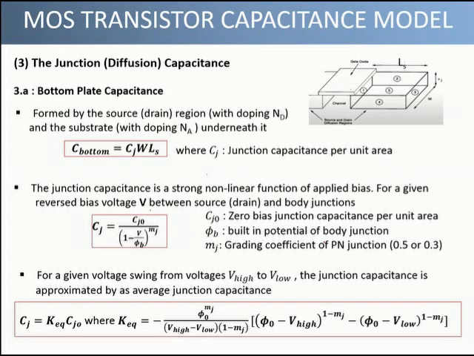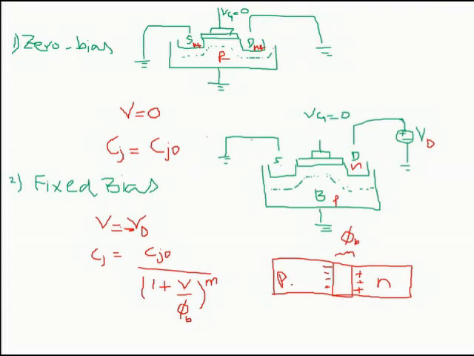So what is the built-in potential of the body junction? As we know, whenever we sandwich a P-type material and an N-type material together, there is a potential barrier at the interface of their connection, and this potential barrier is due to accumulation of opposite charges on both sides. There is some built-in potential for this potential barrier, and this potential is denoted by phi B. From a CMOS point of view, it is a fixed technological constant specified in the datasheet.